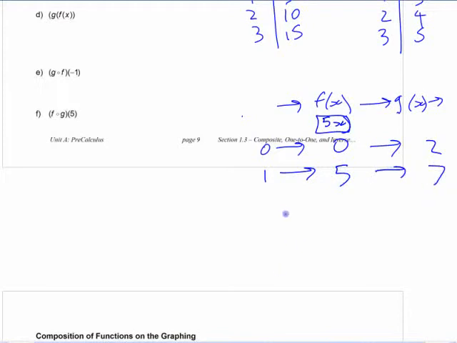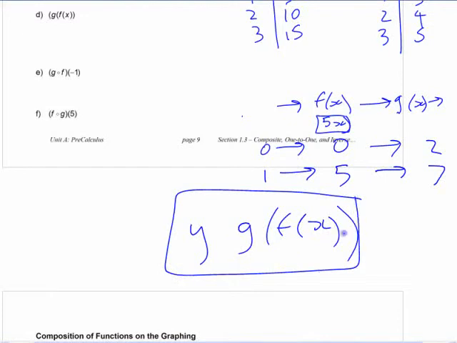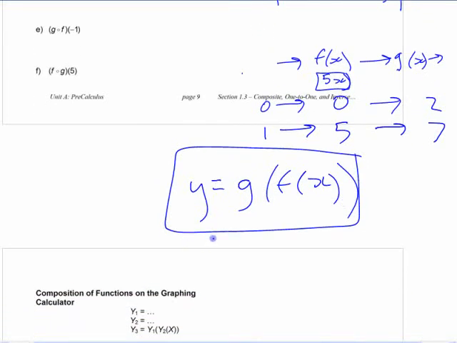If you apply both functions in sequence, if you're first applying f of x, you start with the x. Probably I should think of writing it like this. Here's the x, and you apply that function. And then you take whatever the result is there, and you apply this function. That is g of f of x. If you're saying it with words, g of f of x. These ideas are written there, but